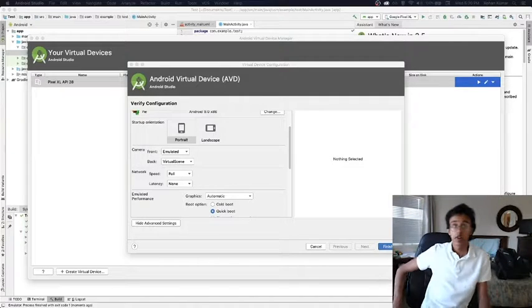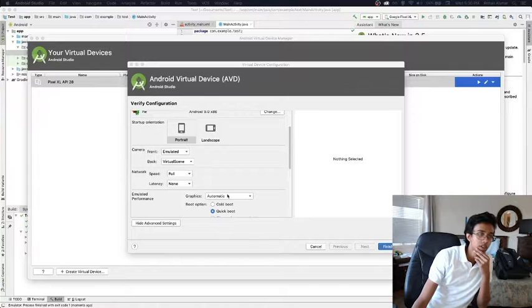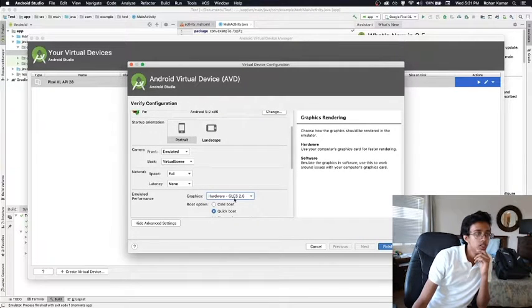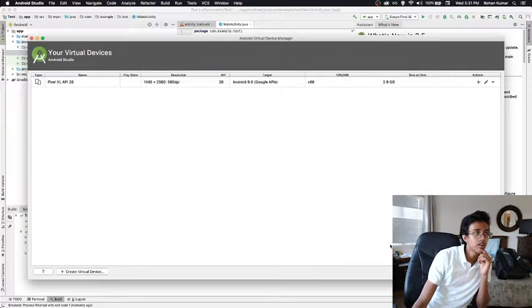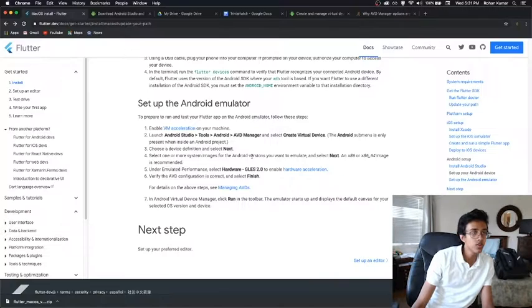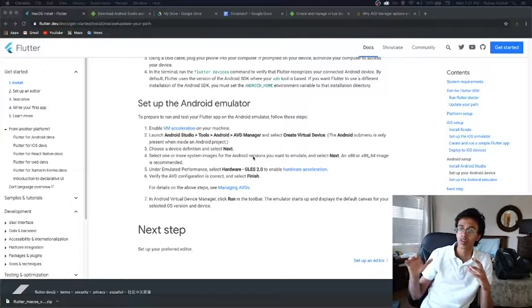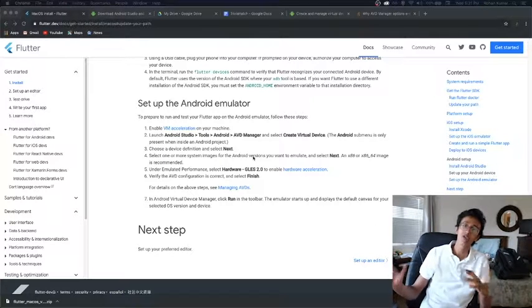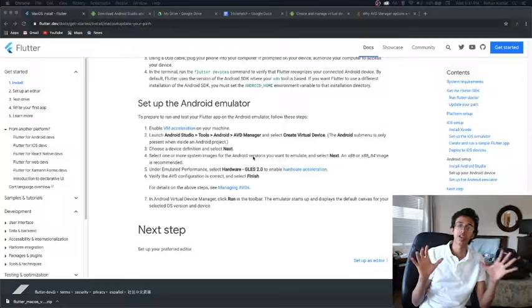So it finished downloading finally, and I clicked next, and this is what I got to, and it says to go to emulated performance and change this to hardware GLES 2.0. Okay, good. So that's done with that. Nice. Okay, cool. Is that it? Let's check. Nice! We are good. Okay, I'm not gonna run the emulator because my computer cannot handle running my recording software and my emulator at the same time. So I'm gonna have to figure that out, but it's working, okay? Trust me on that one.